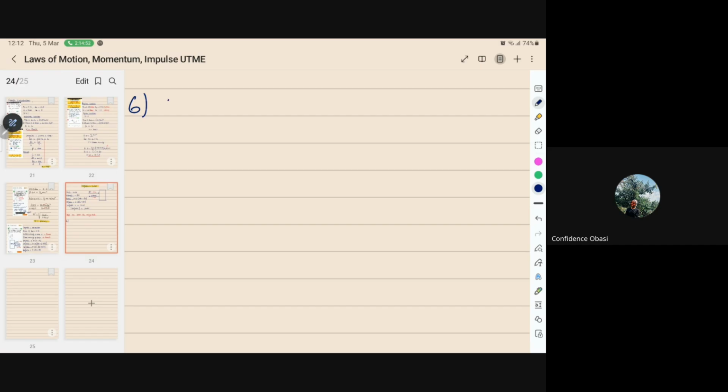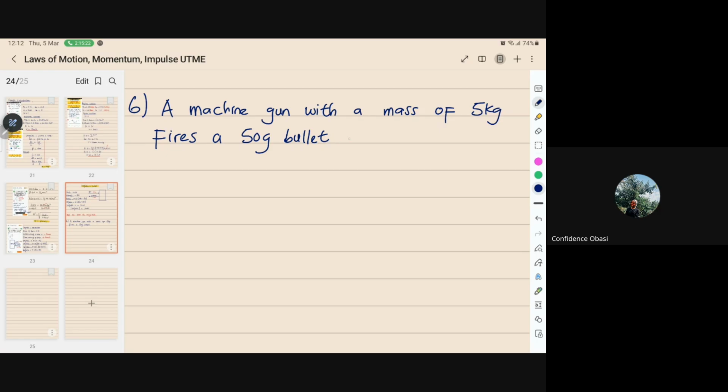Number 6: a machine gun with a mass of 5 kg fires a 50-gram bullet at a speed of 100 meters per second. The recoil speed of the machine gun is,